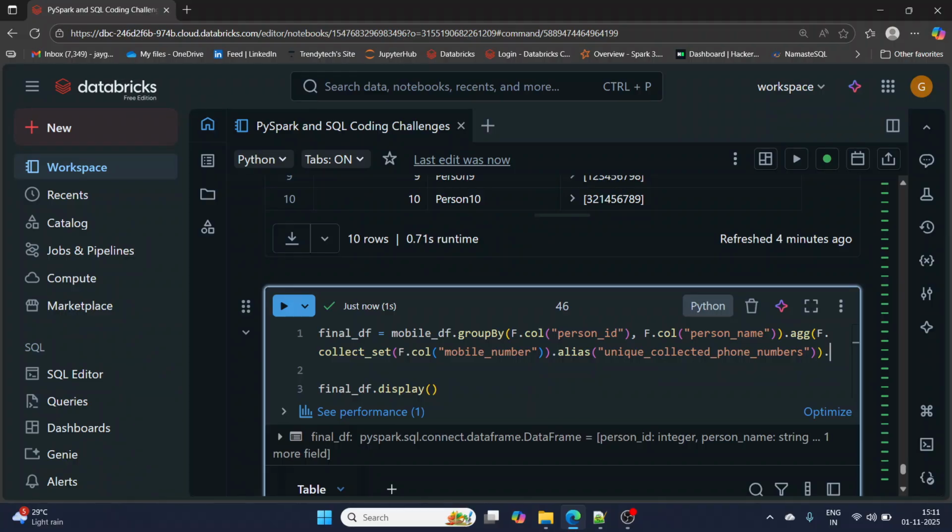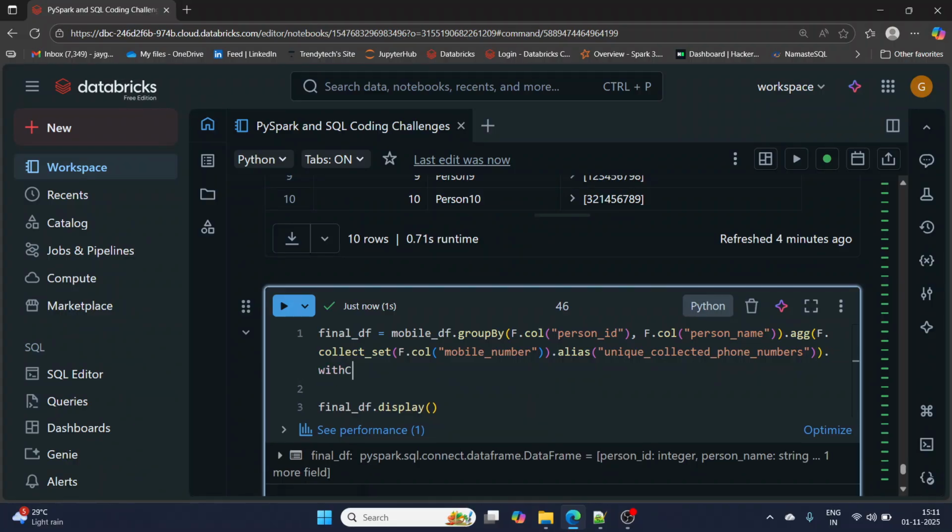And now what I'll do, let's say a new column I want to create, with column, using, let's say, multiple mobile numbers, right? Yes or no. Okay, now we are going to use when otherwise, f dot when. Okay, f dot size.